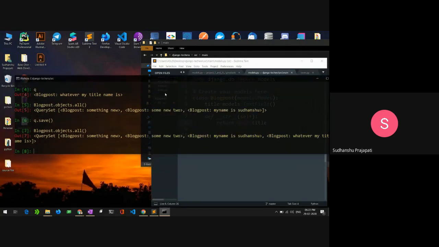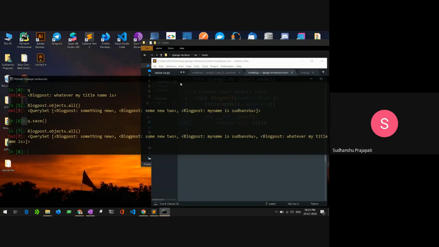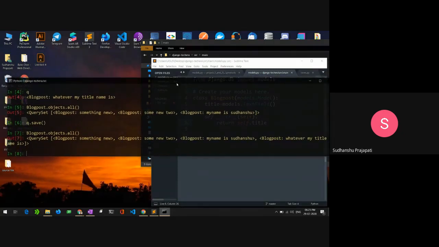For example, we are seeing our data from the command line and inside the Django administration. But what if we want our data to be shown on a web page? For that purpose, we need to work with context.